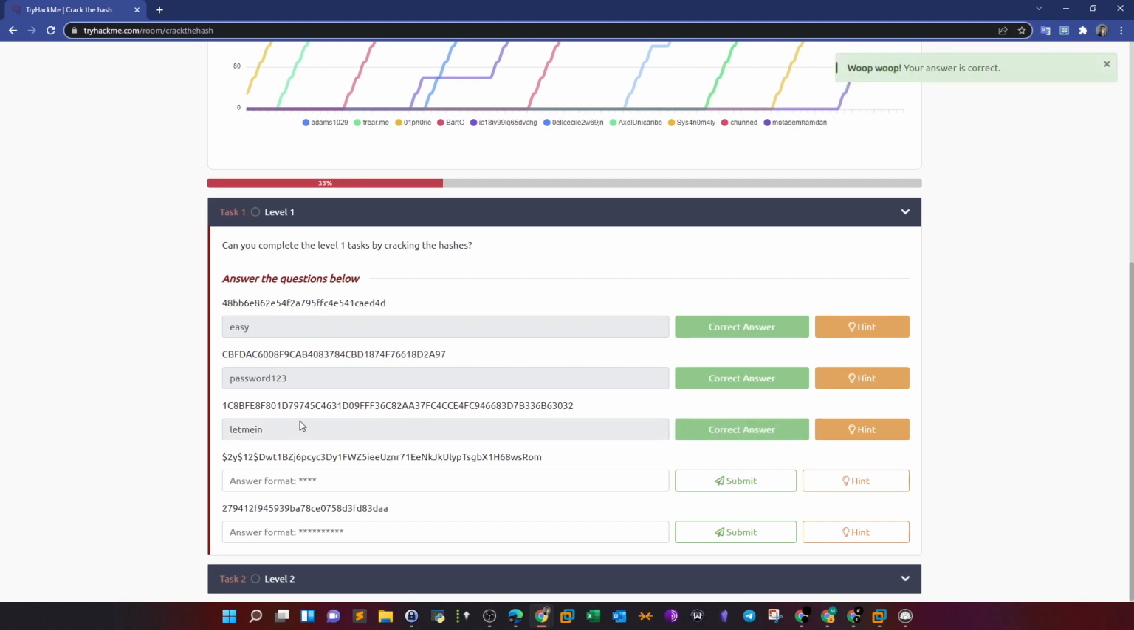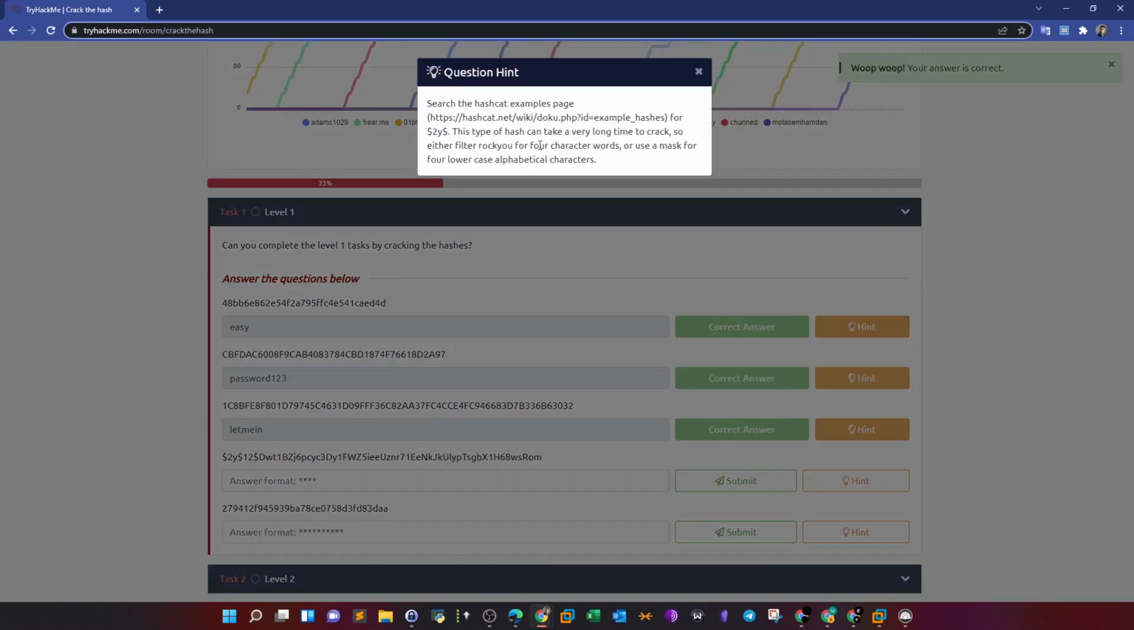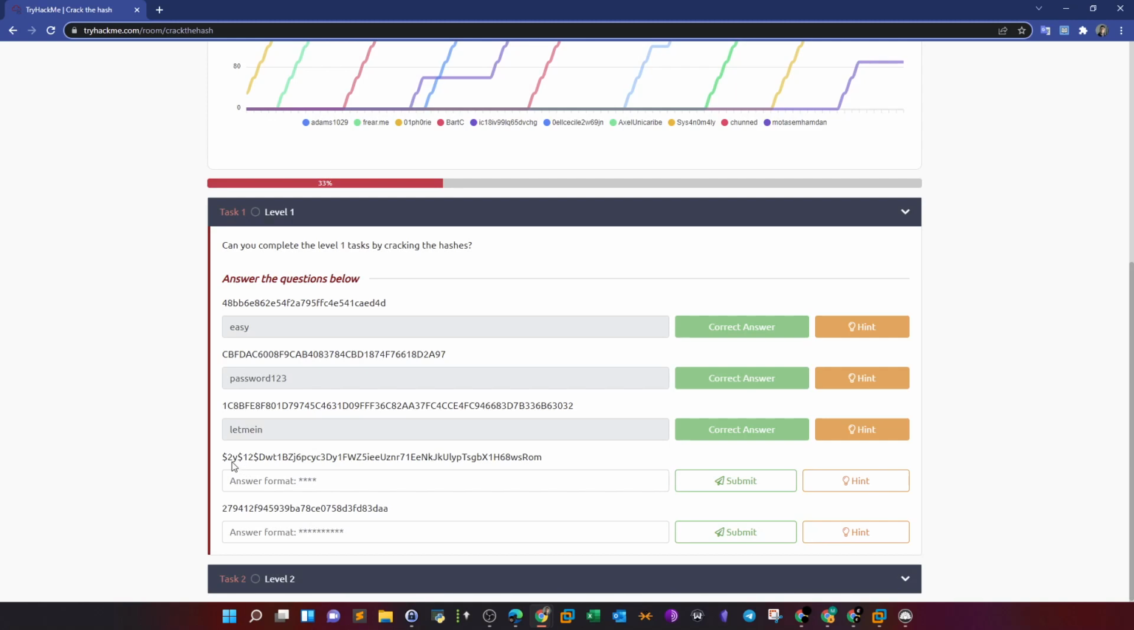Okay. Now the next one. This one is actually different, you can see. Take a look at the hint: search the hashcat examples for $2y. This type of hash can take a very long time to crack. So either filter RockYou for 4-character words or use a mask for 4 lower alphabetical characters. So this one is different. This is bcrypt